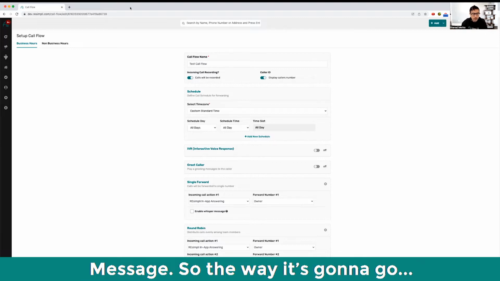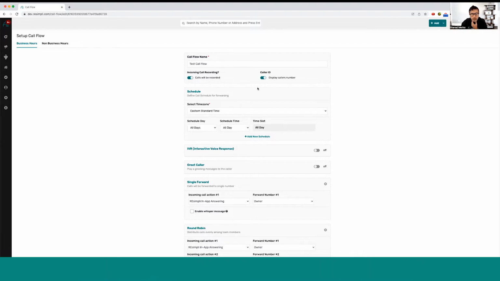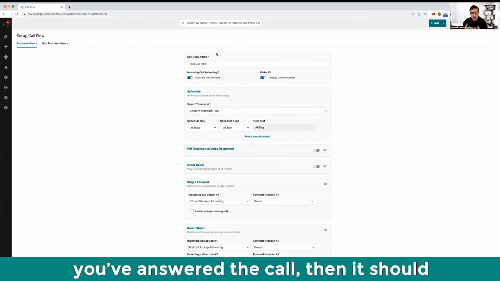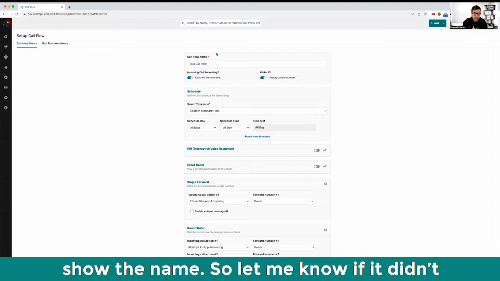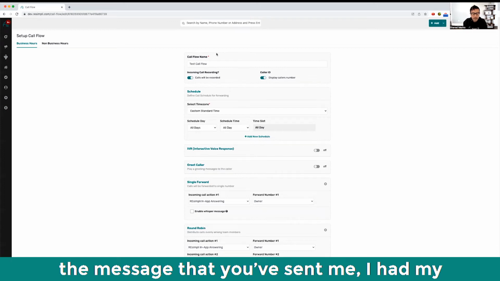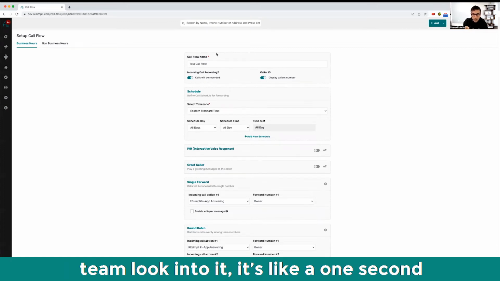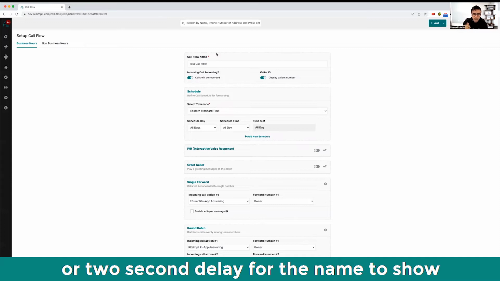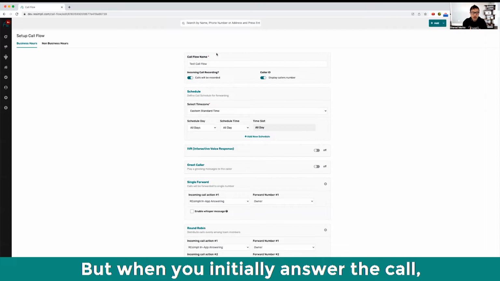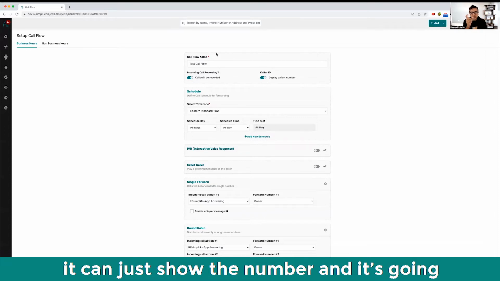So the way it's gonna, hold on, let me see. Tom, it should show the buyer number if it wasn't on the app. So once you answer the call, then it should show the name. So let me know if it did not show the name even after you answered. So the message that you sent me, I had my team look into it. It's like a 1 second or 2 second delay for the name to show up, kind of the scenario that you sent me. But when you initially answer the call, it's going to just show the number and it's going to say REsimpli